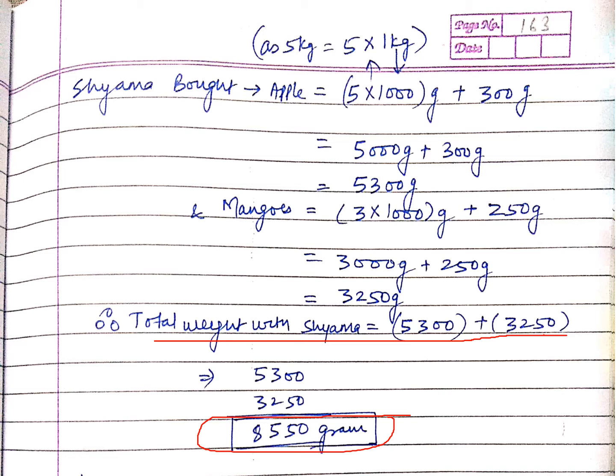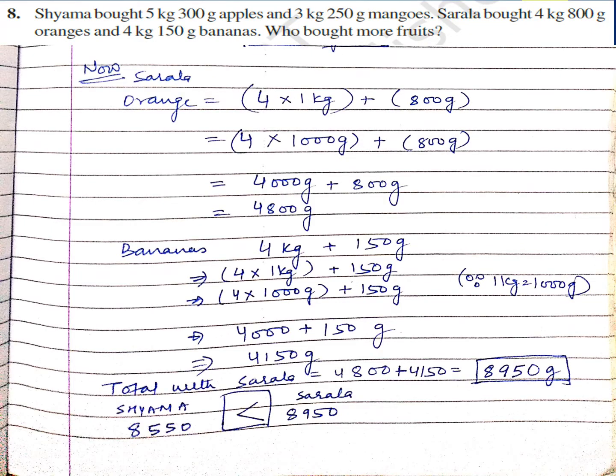Isn't it easy? You could do it with kg also, but in that case it will involve division, which is a little bit complicated. This gram way is easier, so I'm going with it. It will be easy for you to understand also. Now, Shama is done. Now comes the turn of Sarla. Before that, I am again showing you the question. Don't write it again, okay? Just write the question number, that is enough.